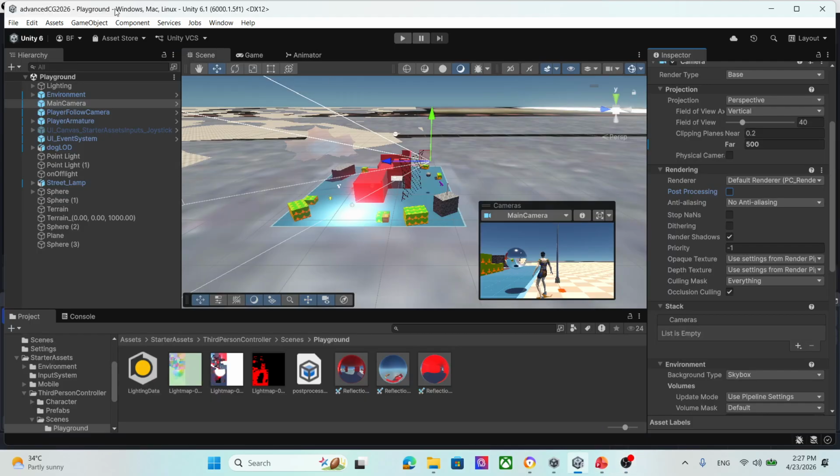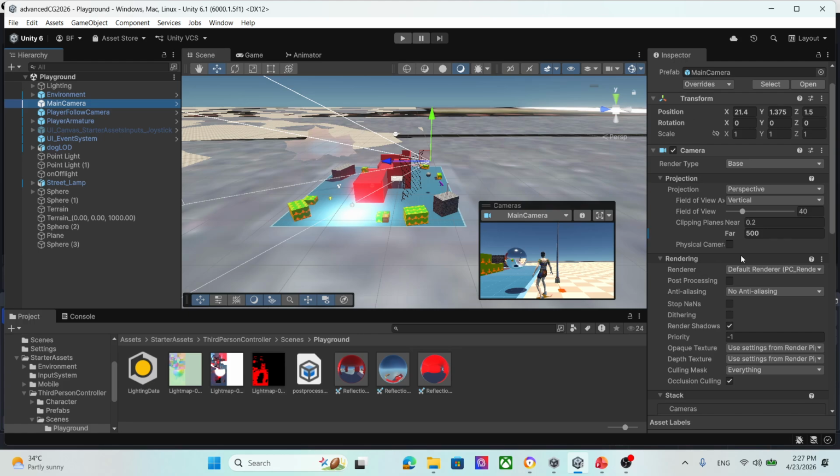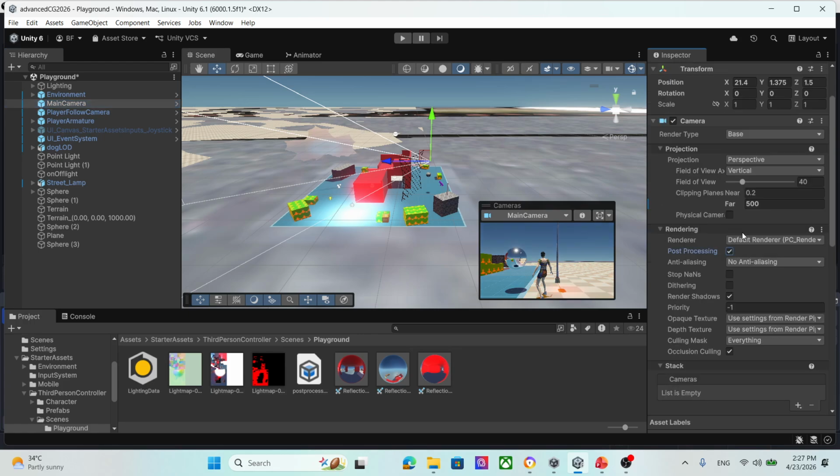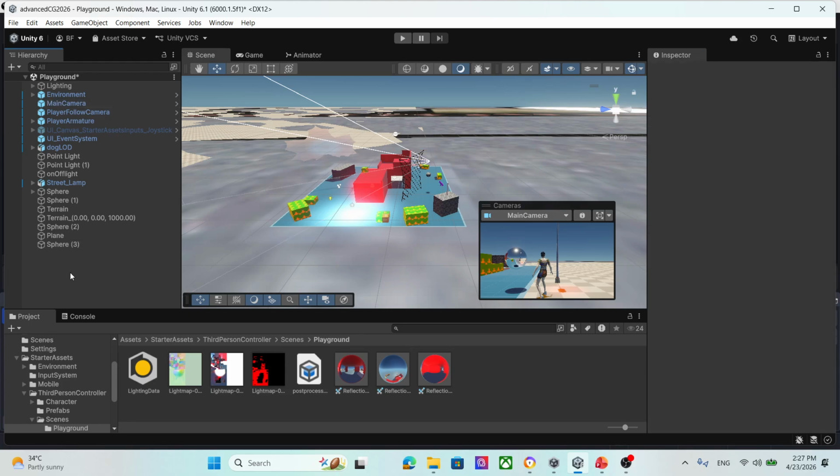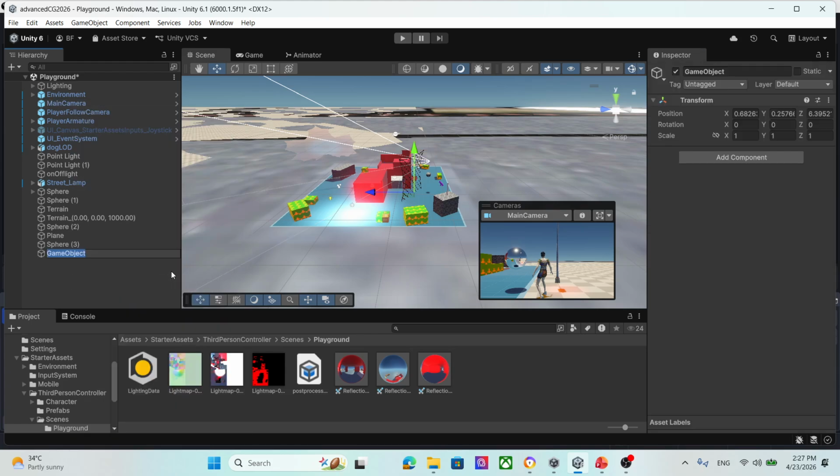Okay, so you go to this one, you go for main cameras here. Okay, this one you select main camera. You see rendering here, you check this post processing. Right click, create empty, you tap pause